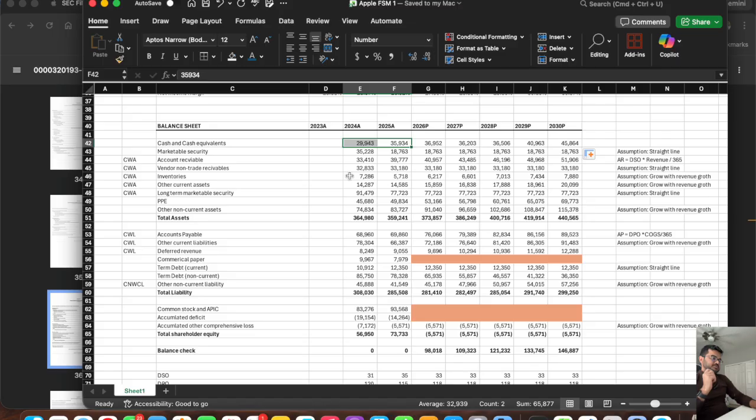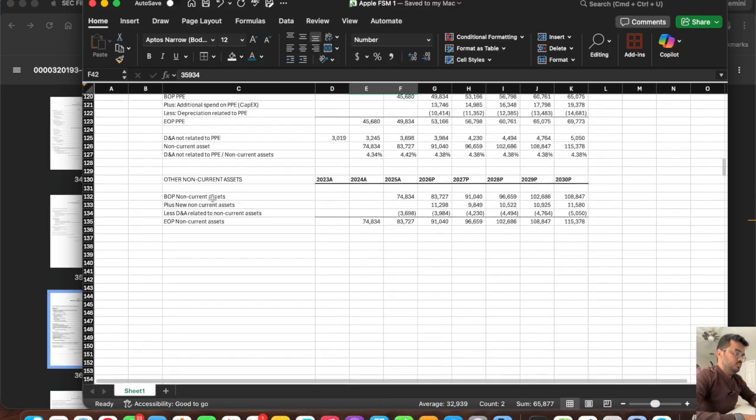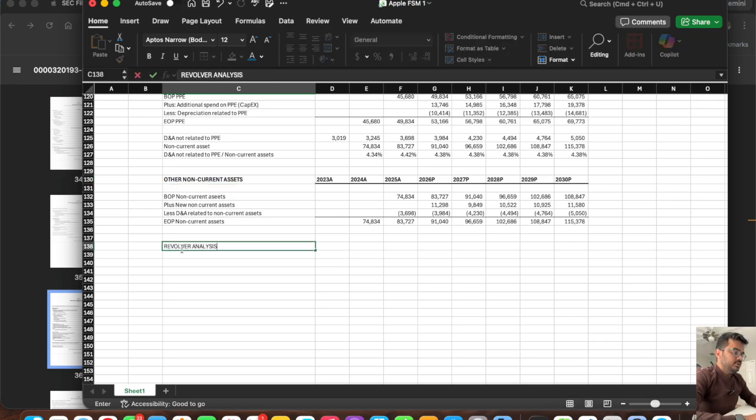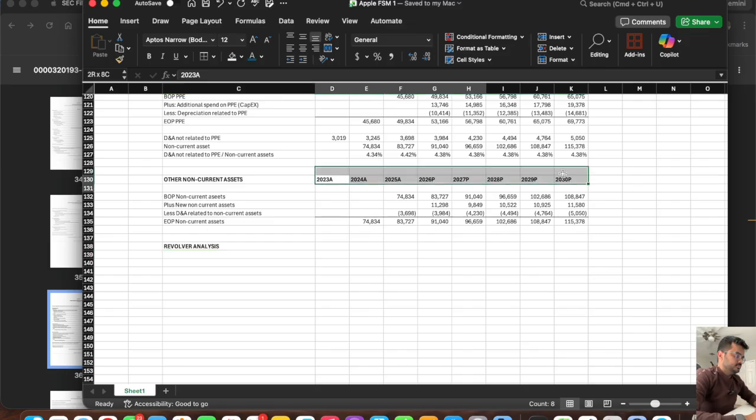So first, let's take a simple analogy and understand the revolver concept, because when doing this financial model, whenever commercial paper comes up, the revolver analysis comes into the picture. I'll do a revolver analysis now. This revolver analysis by end of the day will be kind of a plug to the company when the company needs extra cash for their operation. So what I'll do is